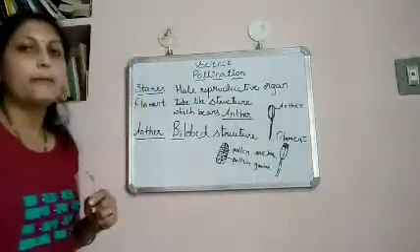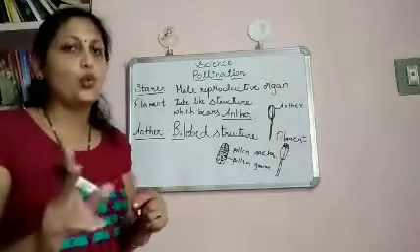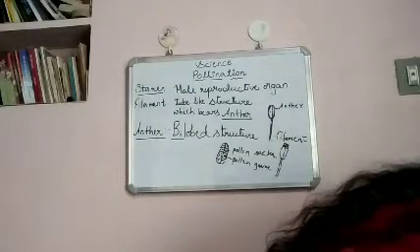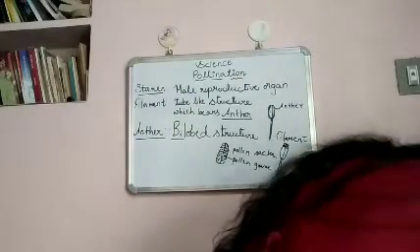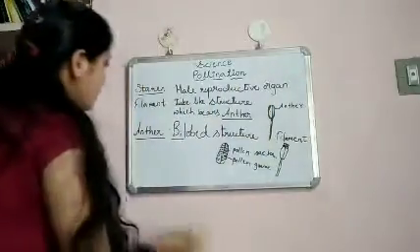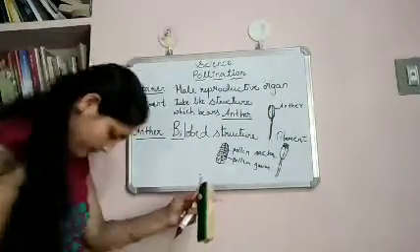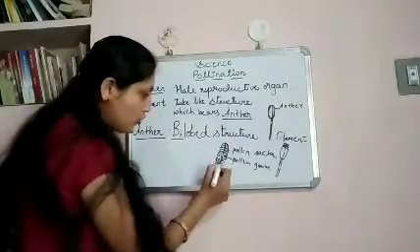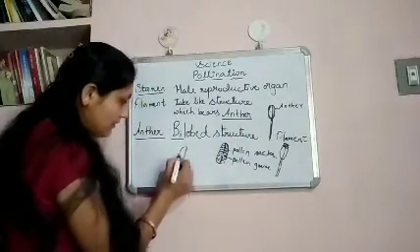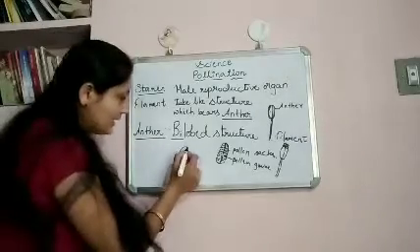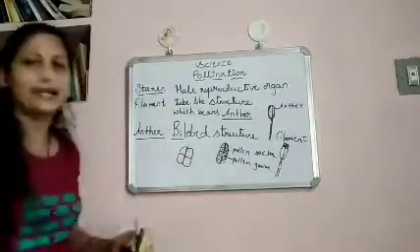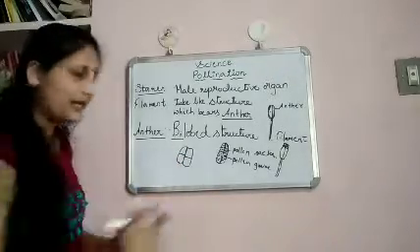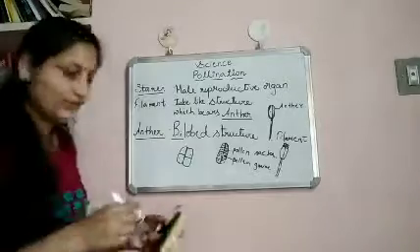This anther is a bilobed structure. It means it is made up of two lobes. And each lobe has two pollen sacs like this. This is the first lobe divided into two pollen sacs, and another lobe divided into two pollen sacs. So each lobe has two pollen sacs. Together how many pollen sacs are there? 1, 2, 3, 4. 4 pollen sacs. Clear?